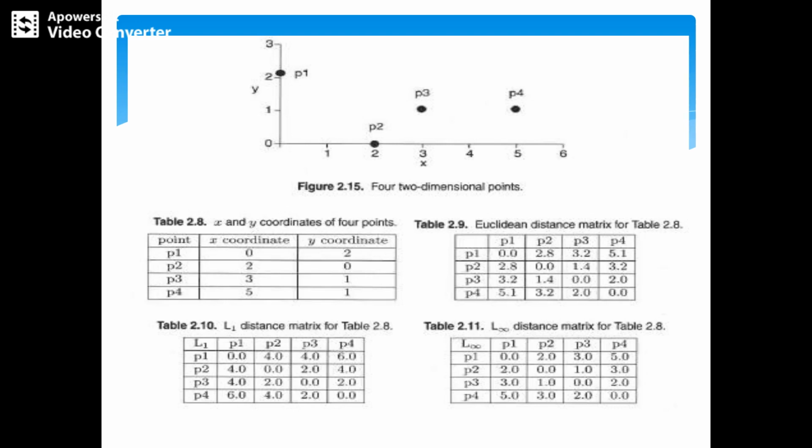Now we are going to apply the Euclidean distance, and then we need to find this table. One thing: the diagonal element is always 0, for Euclidean, L1 and L infinity in all cases, and the lower triangular matrix is equal to the upper triangular matrix. Whatever value we get for P1 comma P2 or P2 comma P1, both values are the same in all cases. This is just the theoretical part, and we'll do the problems separately.